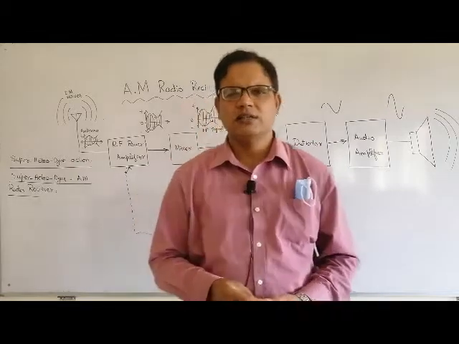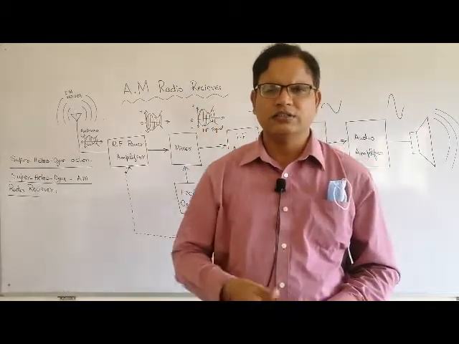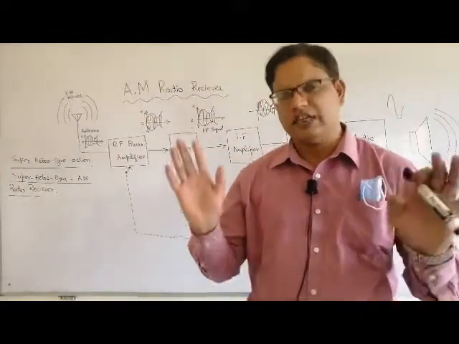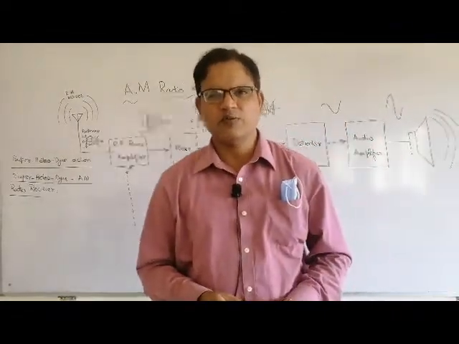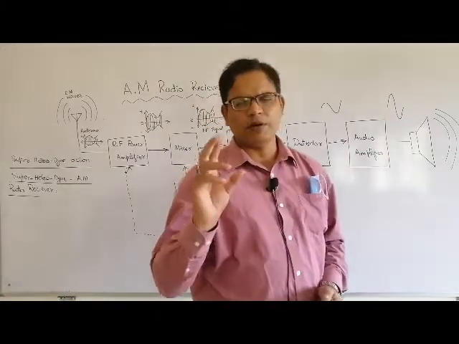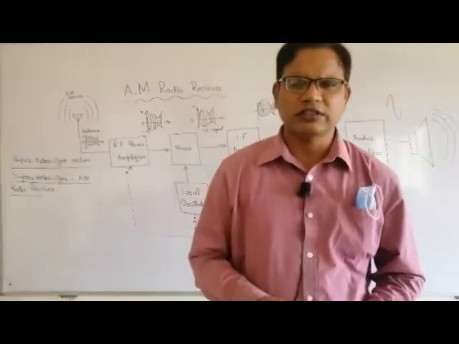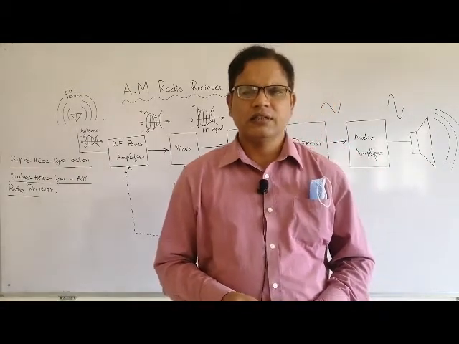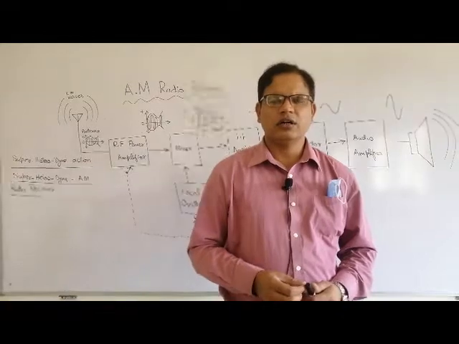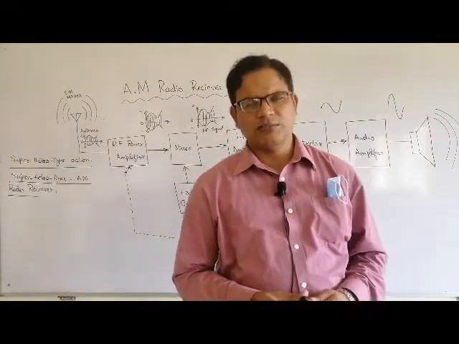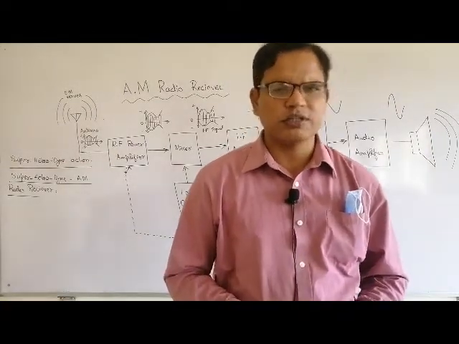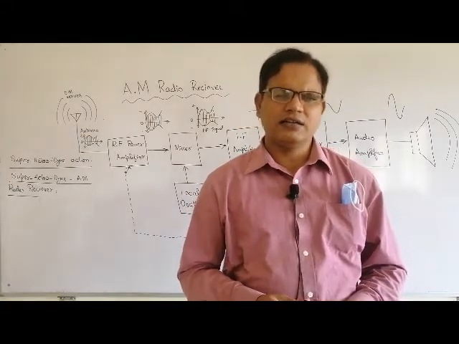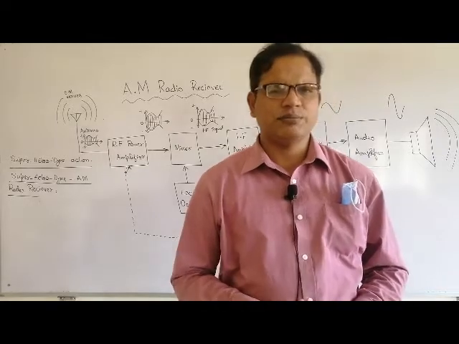The information signal may be a picture message, a voice message or a text message. There are lots of variations and types of information signal. So when we combine both signals through a modulation process, in which we mix the carrier frequency with the information signal, as a result we get two sidebands with an amplitude modulated signal. Number one is the upper sideband, and number two is the lower sideband.